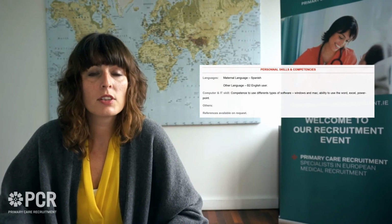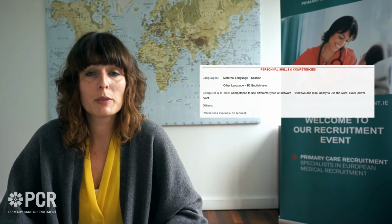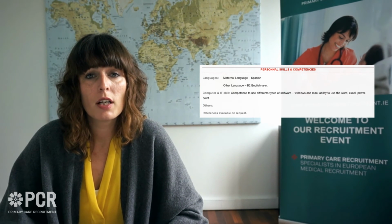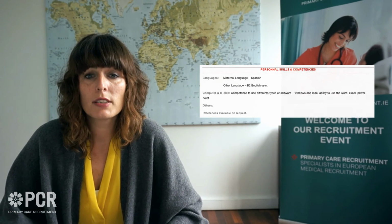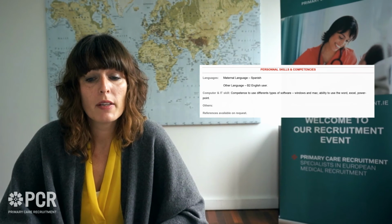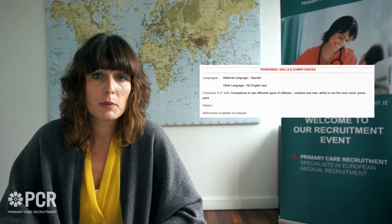Additional information you can include on your CV are about your personal skills and competencies. So if you've got other skills such as good IT skills, first aid, life support, anything like that, you can include it in there. And it's also interesting to put about your languages. We know that some nurses probably speak 2 or 3 languages, and you should put your level of proficiency of your language on your CV. You can assess your level of language on the internet. So we work in a system of A1 to C2, and you can assess your language and put that on the CV. You can also put at the bottom your references, your referees,